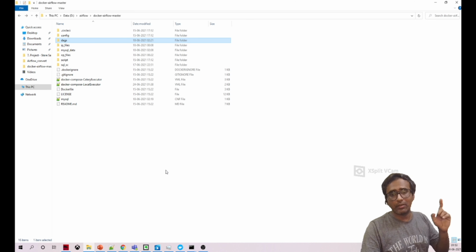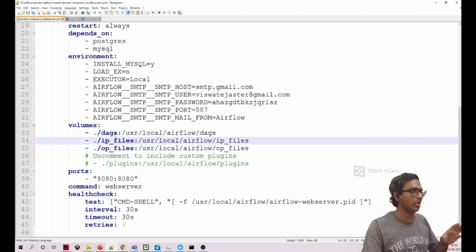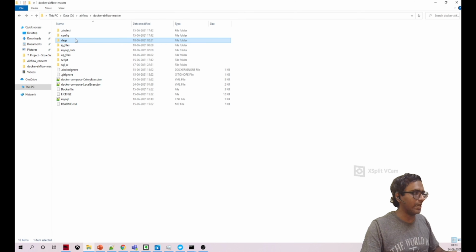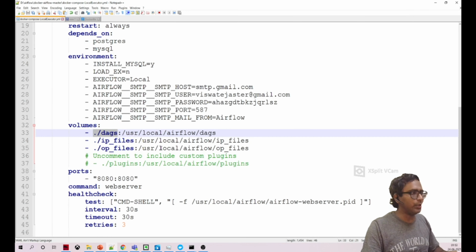As I told you, we are using the Linux operating system, especially Ubuntu, for deploying all these services like Postgres and Apache Airflow. So I'm just mounting this DAGs folder, which I created here, into this particular folder in my Docker container.